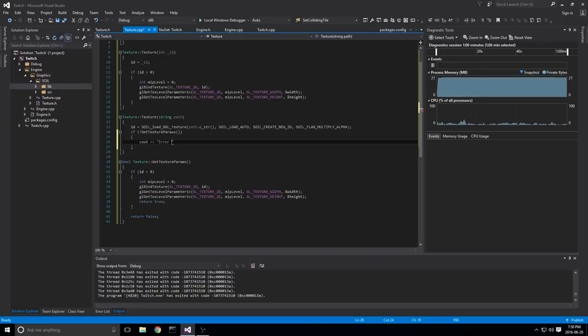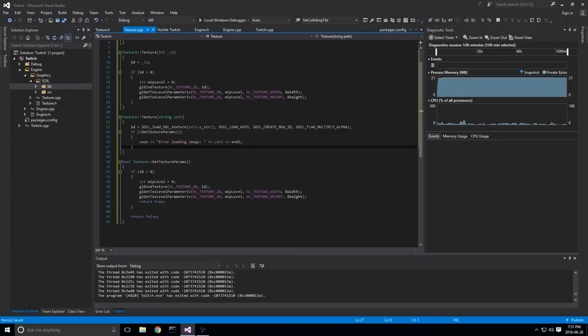Yeah, this is fine. I was going to say, if this really needs to be encapsulated within our error check as well, but it is, because we use ID in here. So that should be okay. So cout error loading image, and we'll just give them a path as well so they know exactly what's wrong. Path handle, and then that's actually it for that.